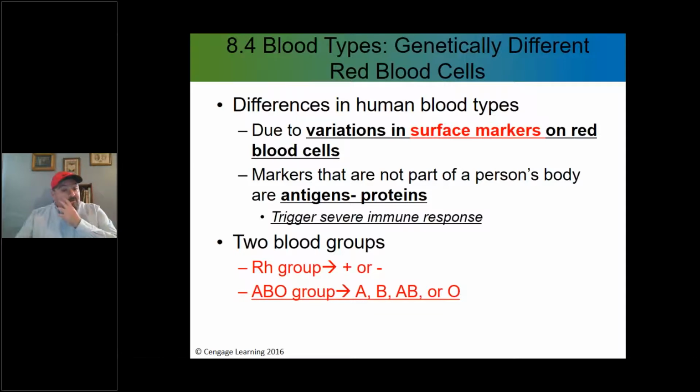Okay, so here's the thing. Differences in human blood types. This is an important thing because if we need a transfusion, if we need additional blood, and we receive a blood type that's not going to coincide with the blood type that we have present within our bodies, that could be a problem, right? So that could trigger a severe immune response. That could be a problem because with each of these, there are many different